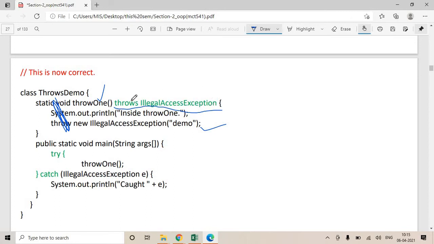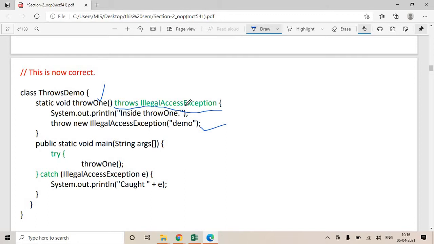Now what does this throws illegal access exception mean? It means that throw1 is a function which can throw illegal access type of exception, but throw1 is not handling this exception.